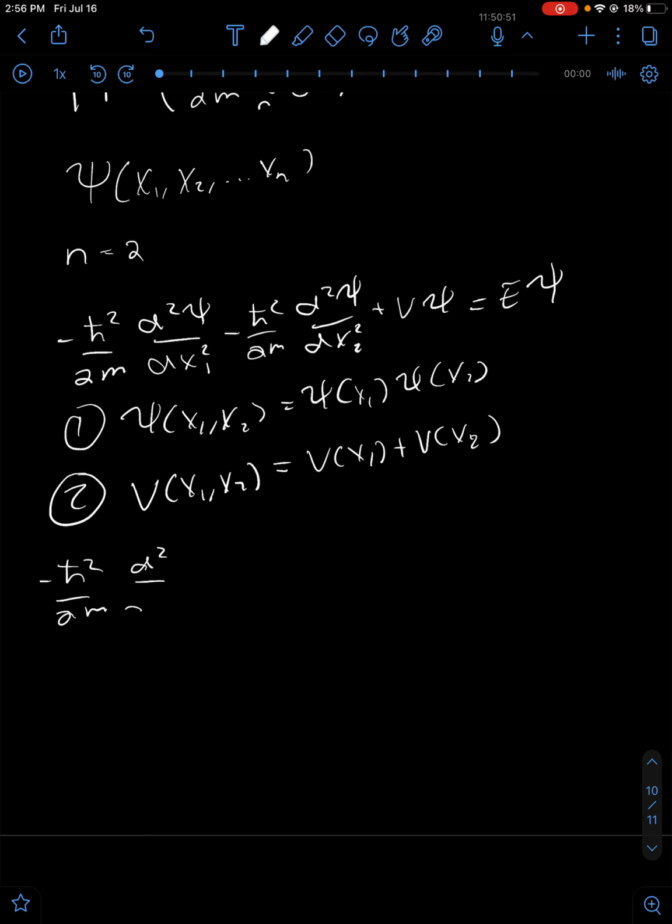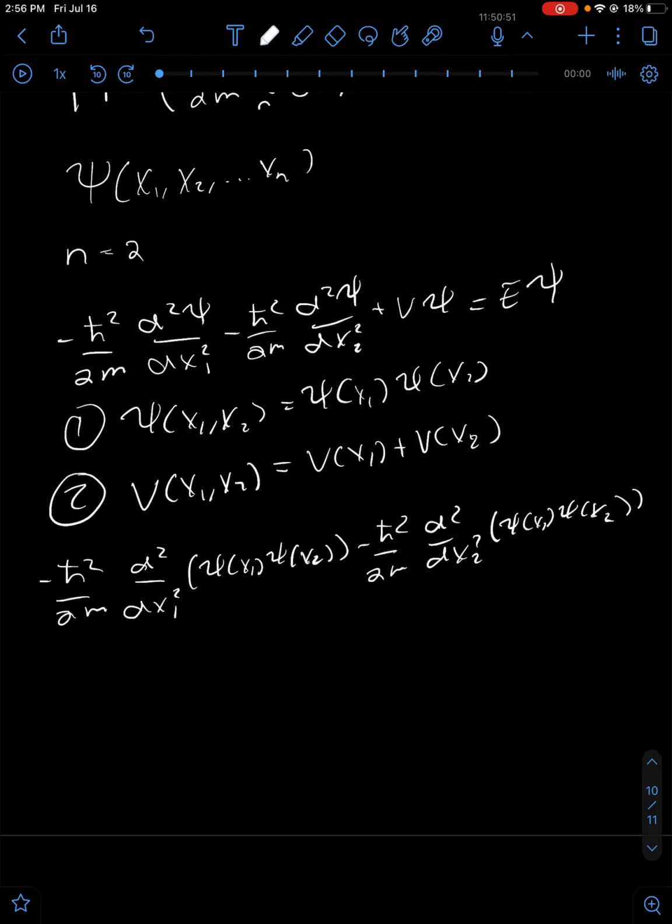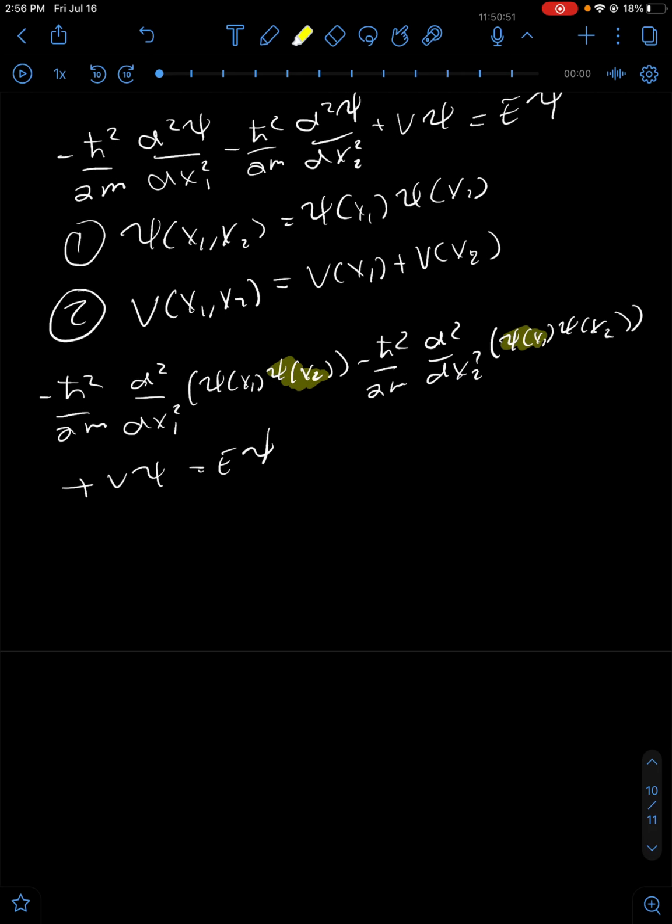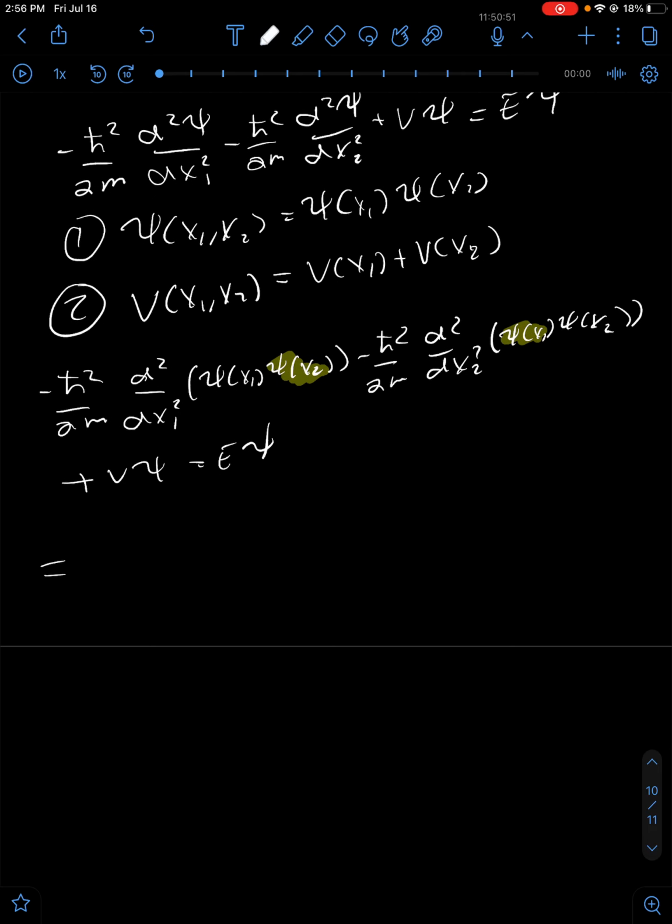Okay, so first of all, we have to plug in psi of x1 times psi of x2 for big psi. So minus h bar squared over 2m, second derivative, psi of x1, psi of x2, plus the potential times psi equals E psi. Now, we can actually move these terms to the front, since the derivative only acts on the other term. So you would get